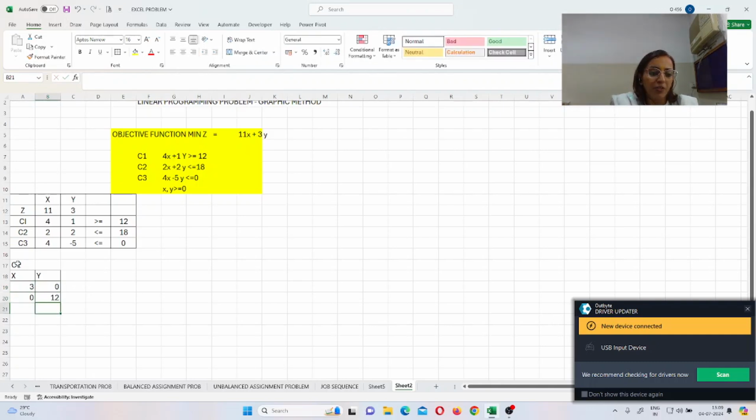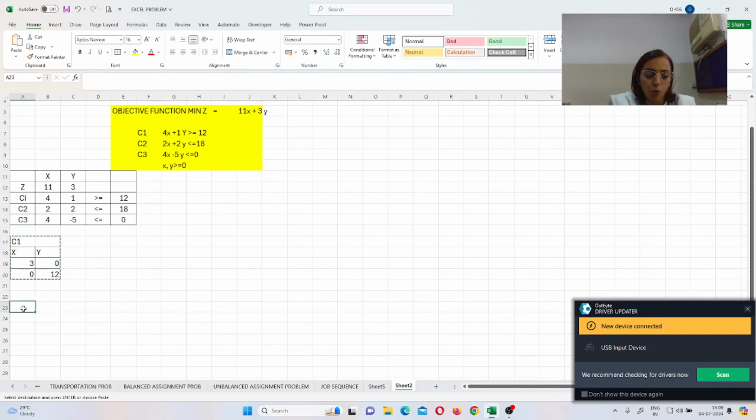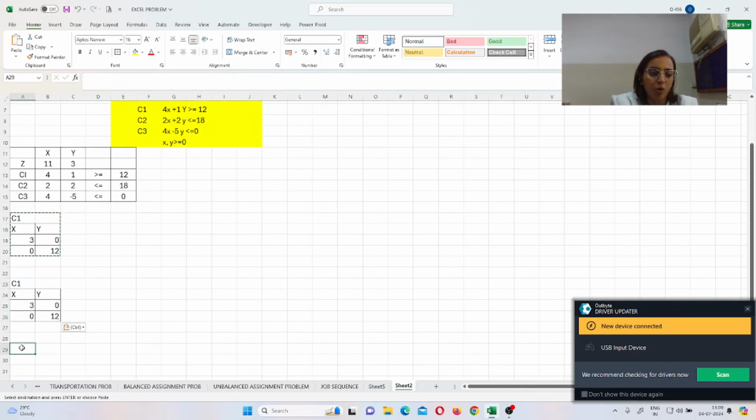Same example that we have done, I'm just copying this figure as I have to calculate for C2 also. So copy and paste over there, but write down what you have to write: C2, C3 and C4, and calculate the values like we used to do in math. So make it C2 and for this it is C3. Now find it. If I put X as 0, the value will come up 9, and if I put the value Y as 0 in C2, then my answer will come up as 9.